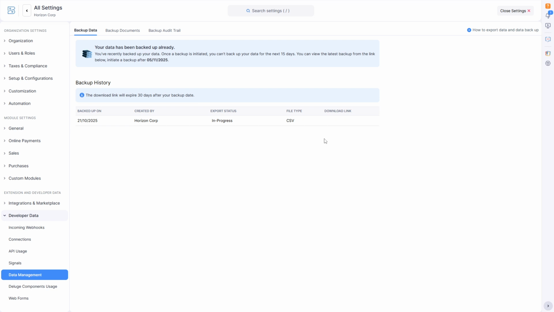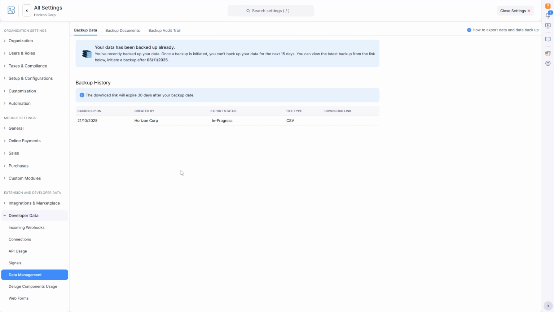But what if you don't want to go through your emails to find the download link later? No worries at all. You can always access this backup from the Backup History section in the same menu. This section acts like a library of all your recent backups, giving you quick access to download them whenever it's convenient for you. It's always a smart move to back up your records regularly, so you're never caught off guard